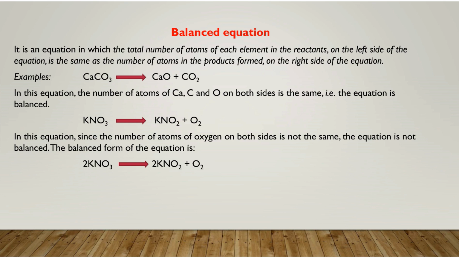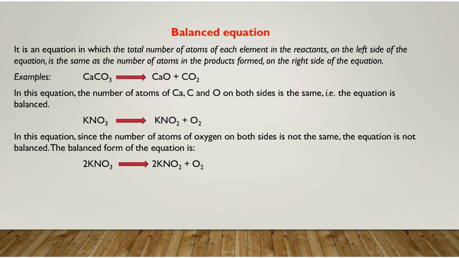You know very well what the law of conservation of mass is. The total mass of the reactants and the total mass of the products will be the same. There is no loss of mass. In simple words, matter cannot be created or destroyed. It always changes the states of matter. So the total mass of the reactants is equal to the total mass of the products. So this is the law of conservation of mass. To validate it, we always balance the equation.